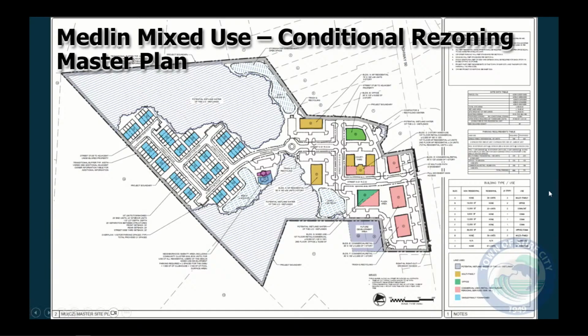However, the benefits of a conditional rezoning is seeing a master plan before you, and they've identified the uses of each building as is laid out here. And while they do have these conditions, like any master plan you've seen before you in this one, it will be locked to what you're seeing, unless there is a significant departure through site plan review. Again, you will note that they've got several buildings on that plan identified as A, B, C, D, E, F, G, H, and then they identify the uses and the type of number of units, or if it's all residential or all office commercial.